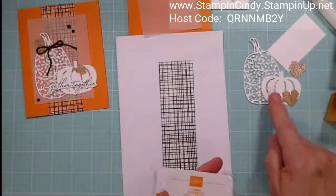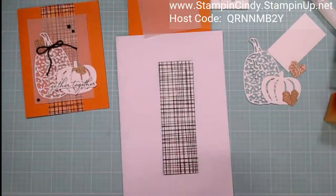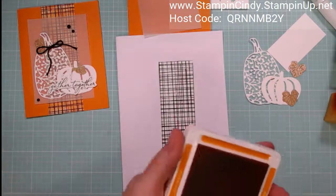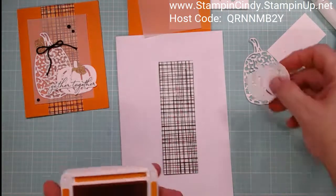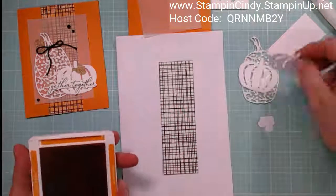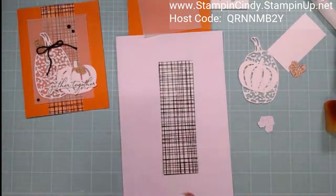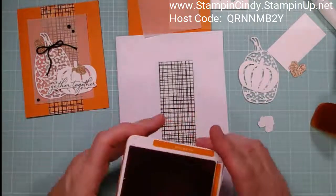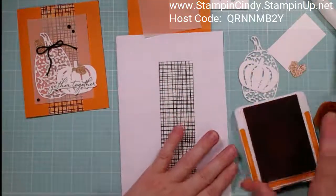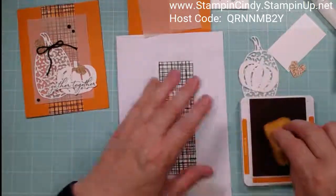Ooh, it looks like my pumpkin got some orange. Did I drop my sponge on it? I wonder if I have any other pumpkins. Yeah, I think that was my last. Maybe not. Here's one more. Let's do a pure. It's not white either. It looks like the sponge got against them. Oh well, it's all right. We can have a little bit of orange on our white pumpkin, but I know most pumpkins aren't white, but